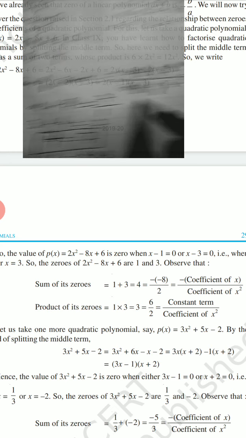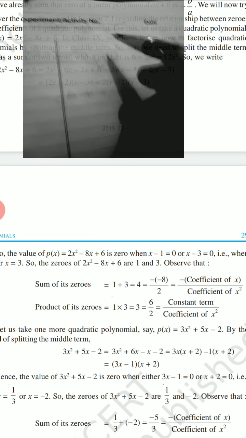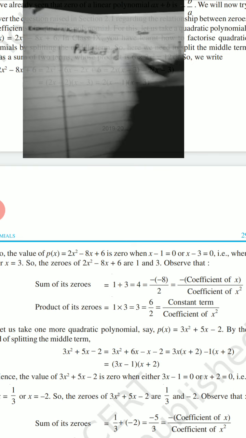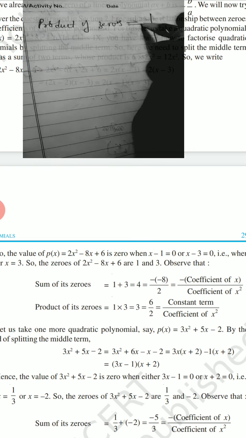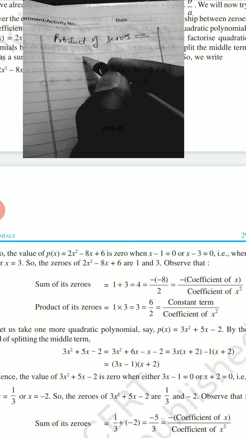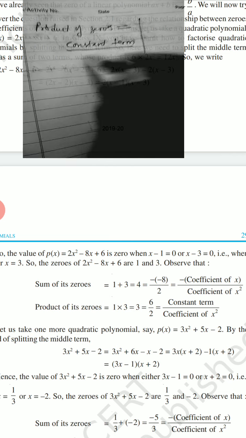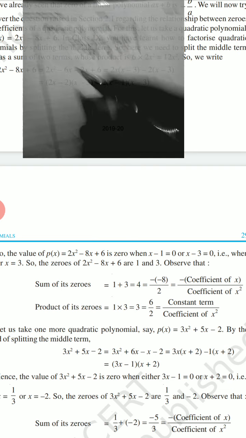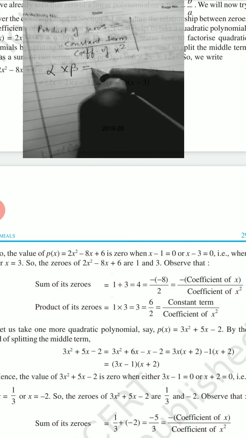Now second portion, product of zeros. This is equal to constant term upon coefficient of x square. Here the product of zeros means one zero is alpha and second is beta, and constant